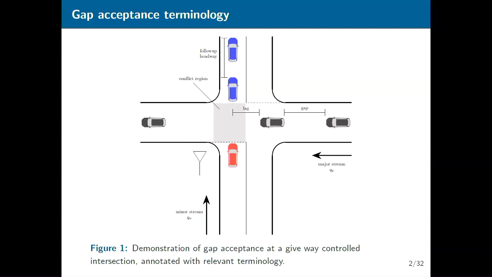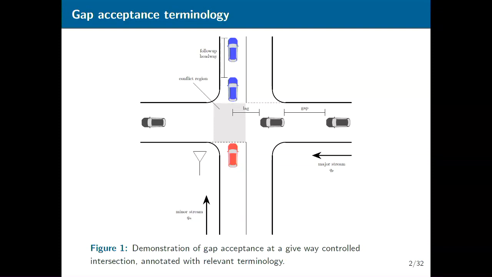In this context, the traffic stream that has the right of way is called the major stream, and the ones who have to yield are called the minor stream. Turns out that a complete description of the gap acceptance process is a little bit more than you see an opportunity, you press on the accelerator, and you survive. The gap usually refers to the inter-arrival time between the two major stream vehicles. But as you can imagine, there are also other cases, such as this red vehicle here arriving partway through a gap, and hence faces what the literature calls a lag.